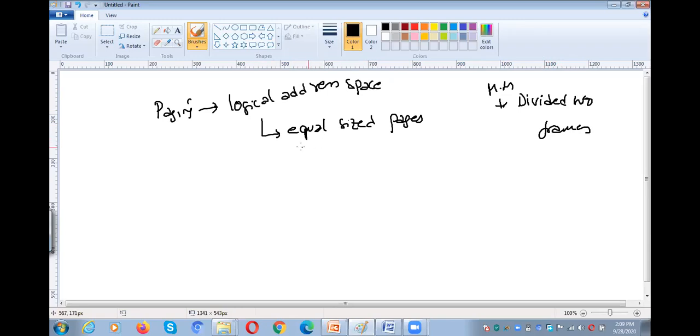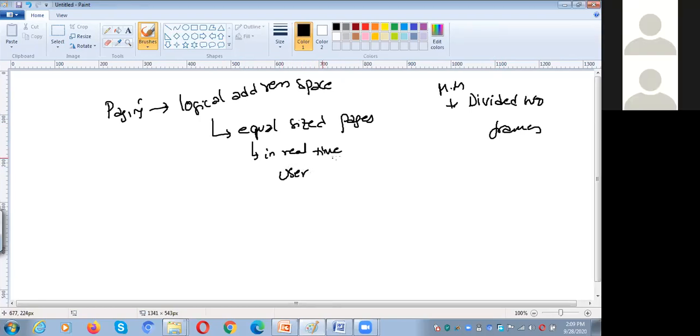Equal sized pages, but in real time, the user process has unequal sized blocks or unequal sized functions. Let me give one example.